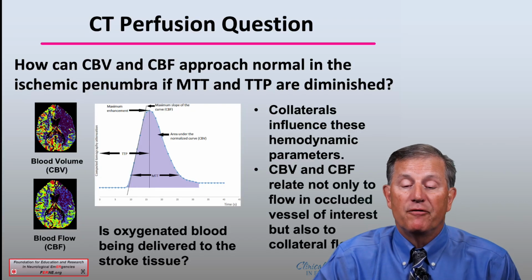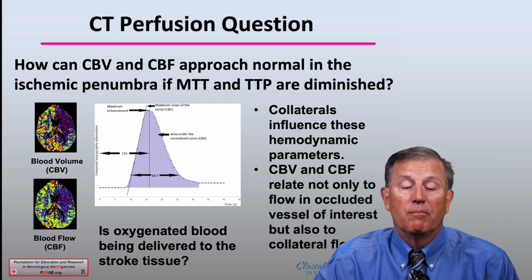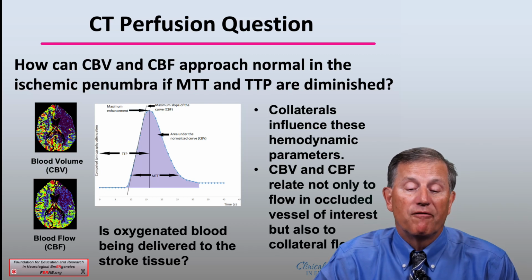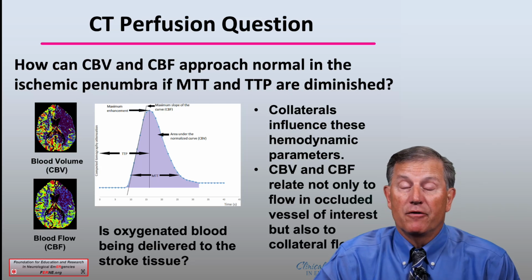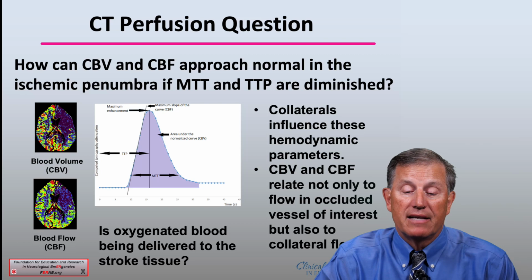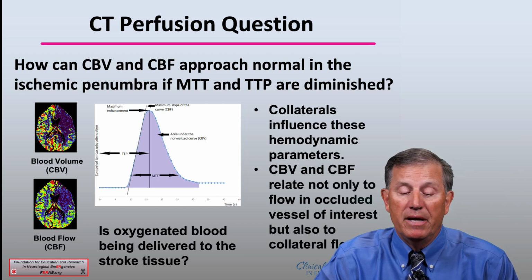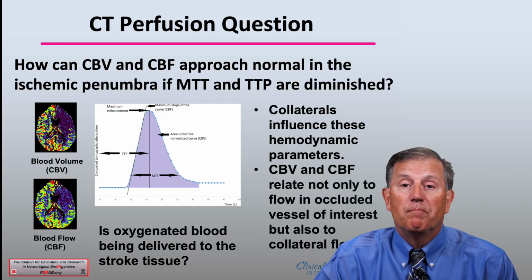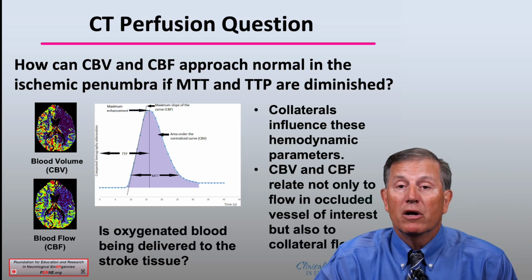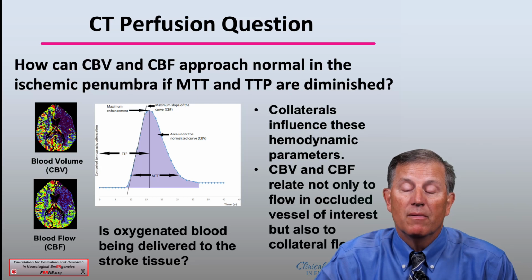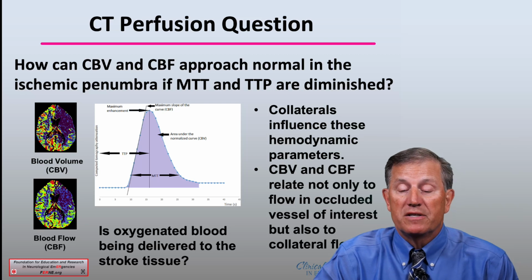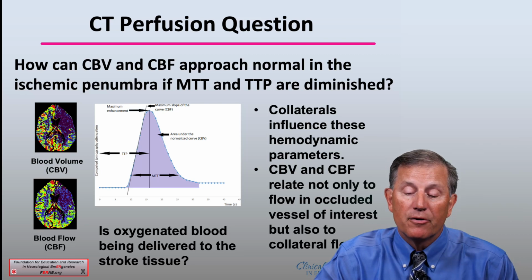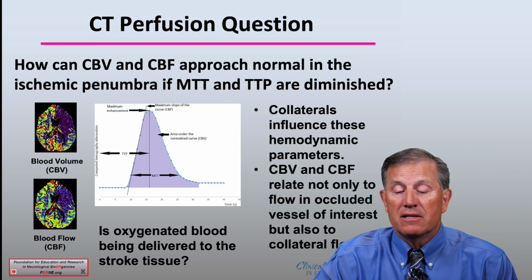So, the CT perfusion question is, how can cerebral blood volume and cerebral blood flow approach normal in the ischemic penumbra if there's a vascular lesion and mean transit time and time to perfusion are diminished? And the question is, how is oxygenated blood being delivered to the stroke ischemic penumbra tissue? The answer is, it is likely related to collaterals which influence these hemodynamic parameters, and as we stated, cerebral blood